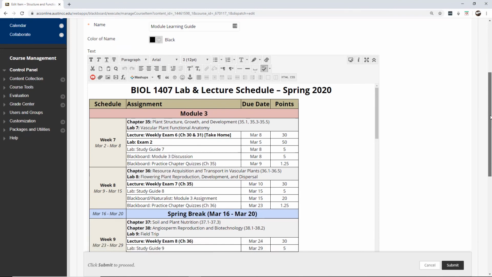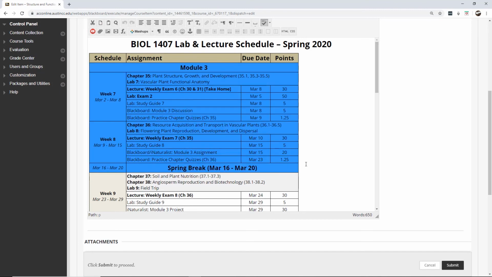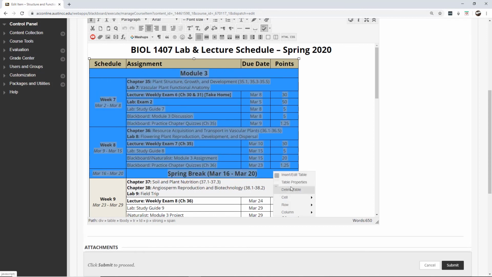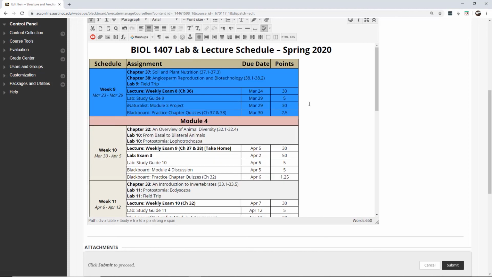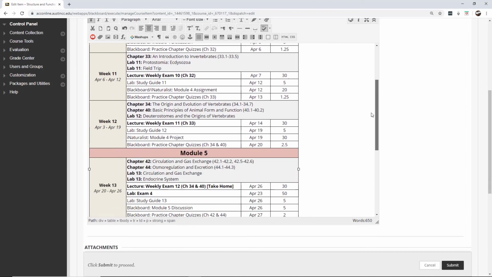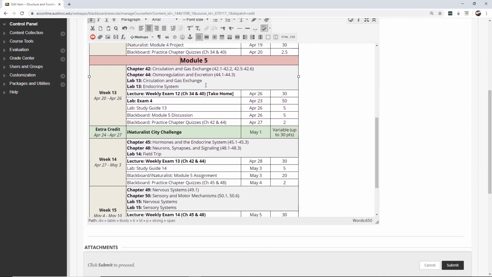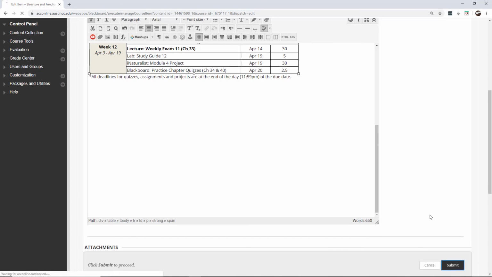Now it's a long schedule, and I don't need to show this whole schedule. In fact, I really just want to show Module 4. So I'm going to eliminate Module 3 off here. I'm going to right click. I'm going to delete row. It still gave me this. I'm going to delete this. I'm going to go down here to Module 5. I'm going to delete this material too. Okay, and so if I did this right,